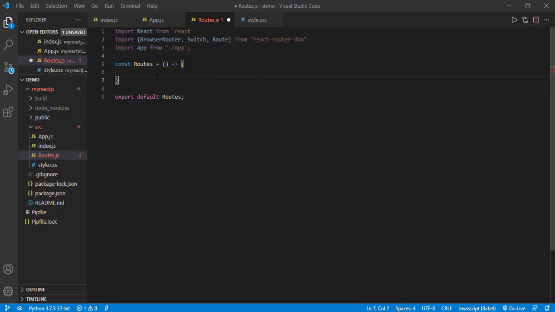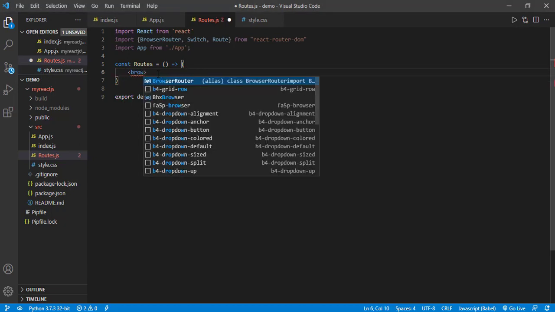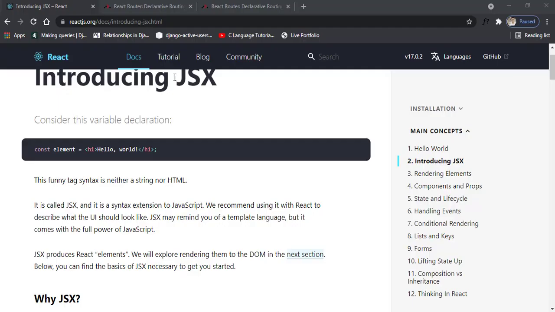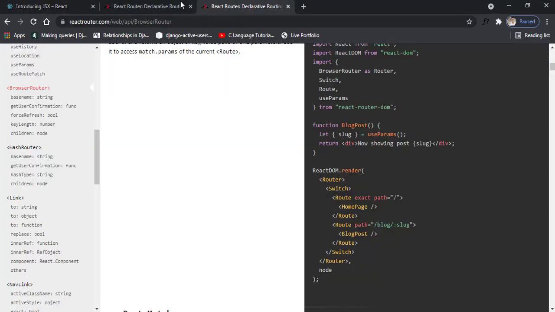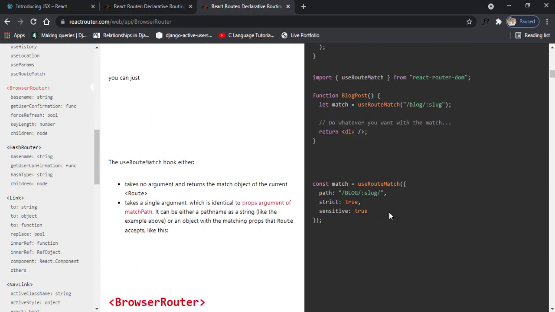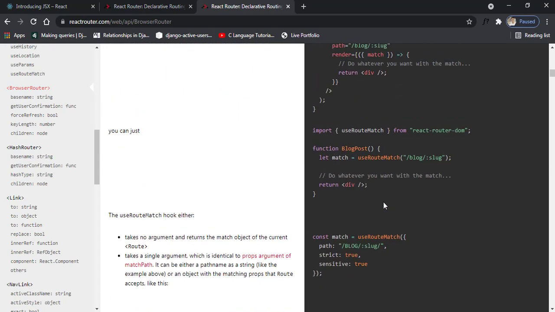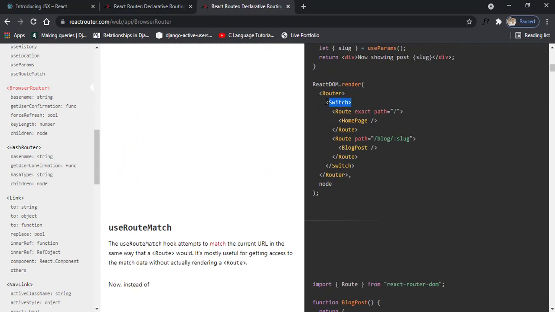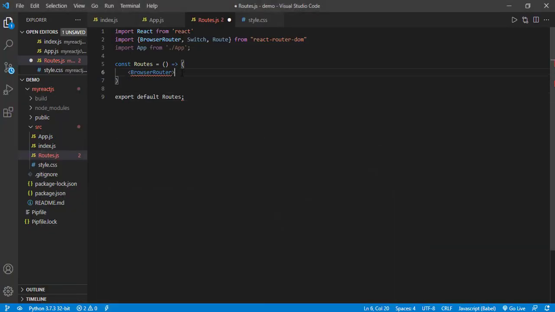So now moving forward, we call the browser router firstly. So let's verify the browser router, and then inside the browser router we call a switch, and inside the switch we call a route. Close the browser router then.